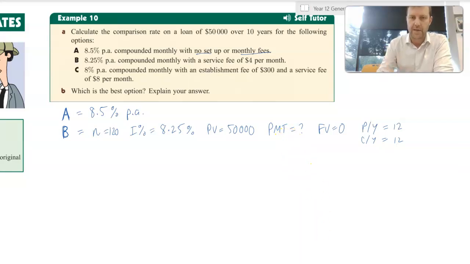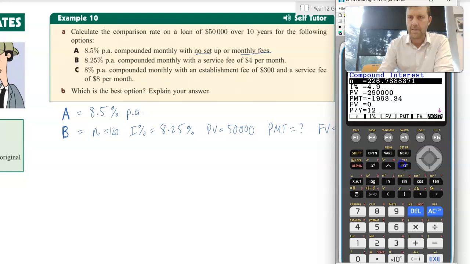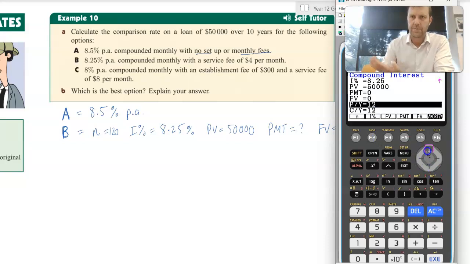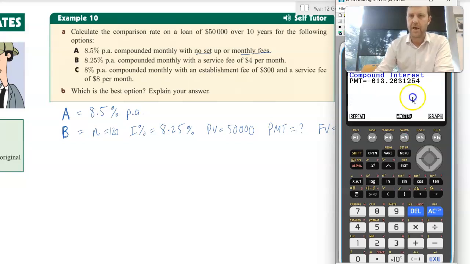Let's go and put those details into our graphics calculator. Bear with me, it will take me a little bit to just pop these values in because I haven't taken a shortcut yet, but 120, so 10 times 12 for the number of months. Interest rate is 8.25% for Bank B. Present value of $50,000, that's the principal. The PMT is what we're trying to work out, and we want the future value to be 0. PY and CY I already set at 12. So what's the PMT going to be based on that? It works out to be, and remember we always round this up to the next cent,